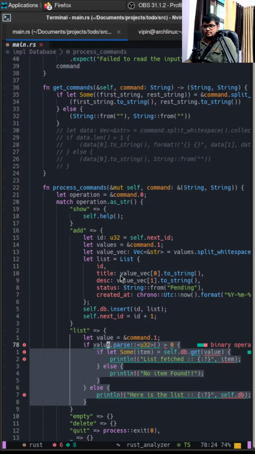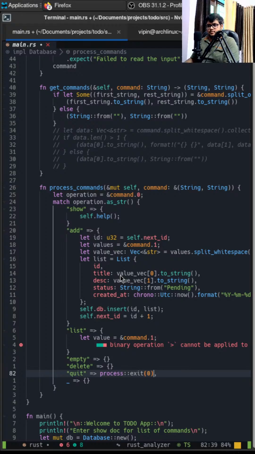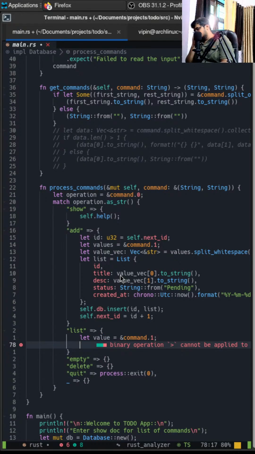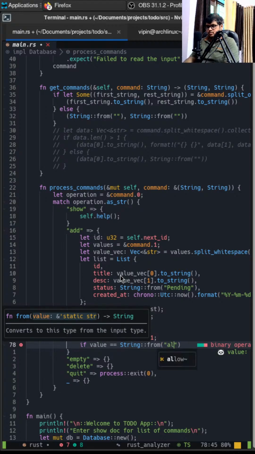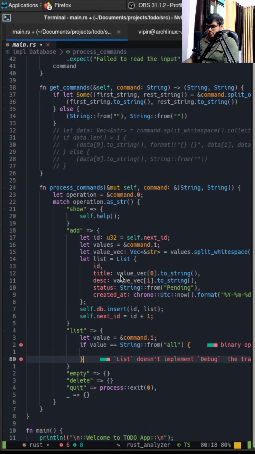Okay, so this thing is over here, right? Maybe I can say if list value if it's all, list one or all, right? So I don't have to basically parse it. I've been trying to do it that way, but we can say if value, it's in a string, so I'll say all. Otherwise